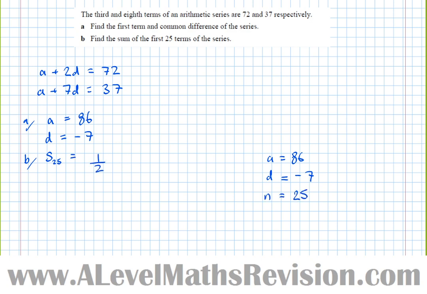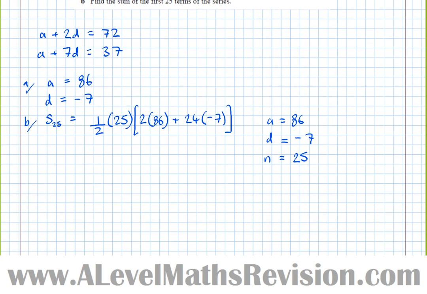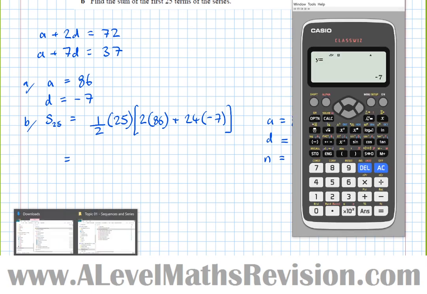So it's a half n (2a plus (n minus 1) times the common difference), equals, straight in the calculator,